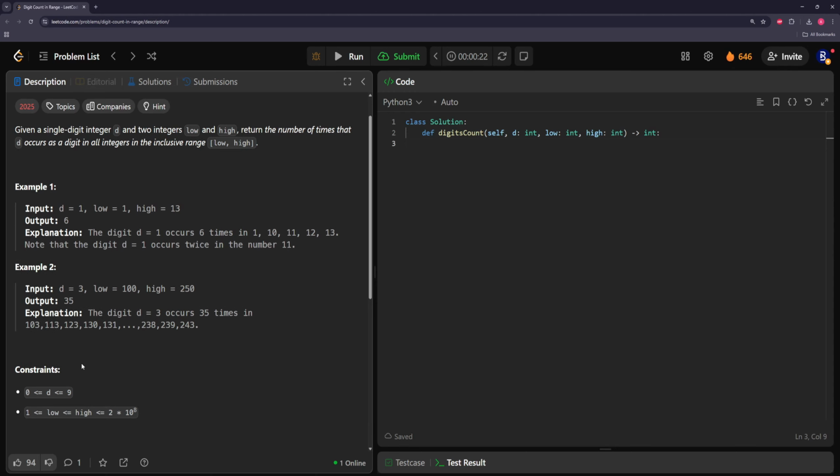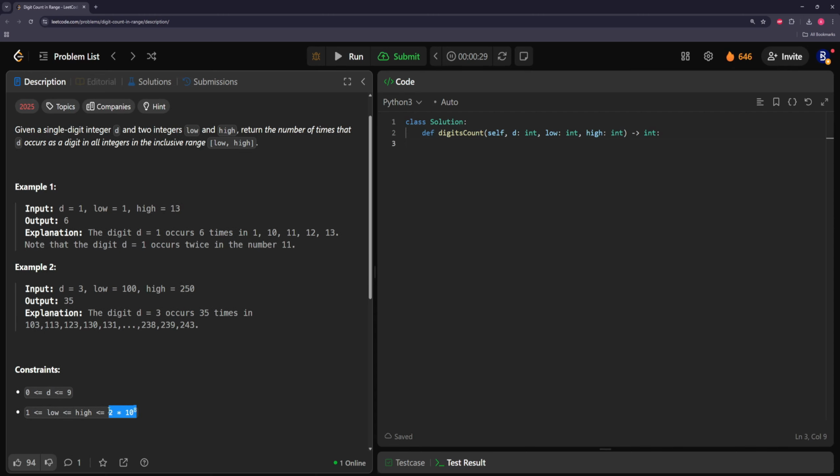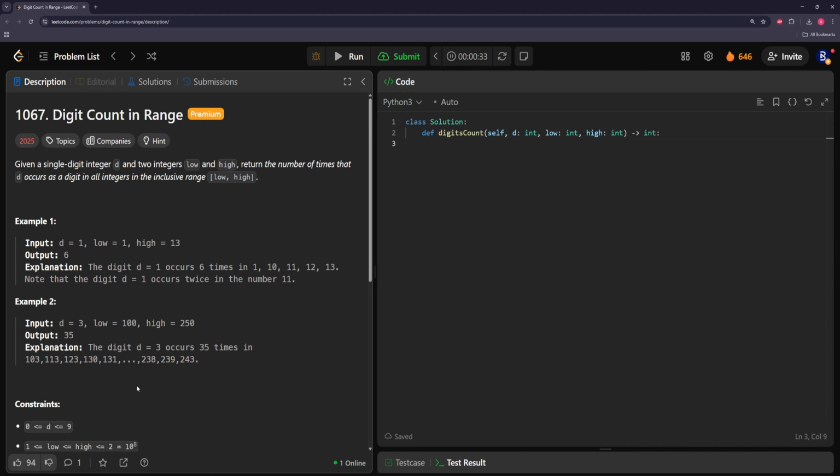Interesting. Alright, so obviously you can't just go through every number and count the number of digits in it, because that would be too slow. So we need something better. I think we need to do digit DP here. And the basic idea of digit DP is